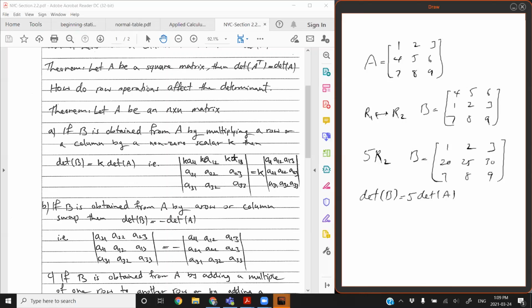Now, the determinant of this new matrix is k times the determinant of the old matrix. And when you look at this, it's as if you can factor out the k. It's not actually factoring out; I'm just saying that it's as if you can factor out the k. So, for example, here, if I want to find the determinant of this matrix,